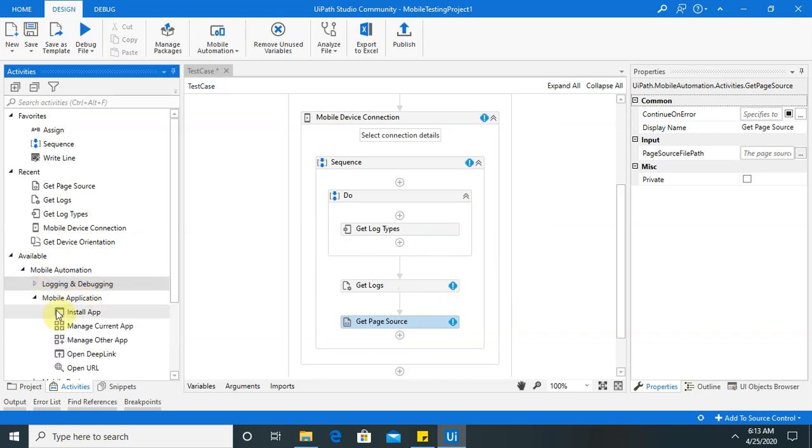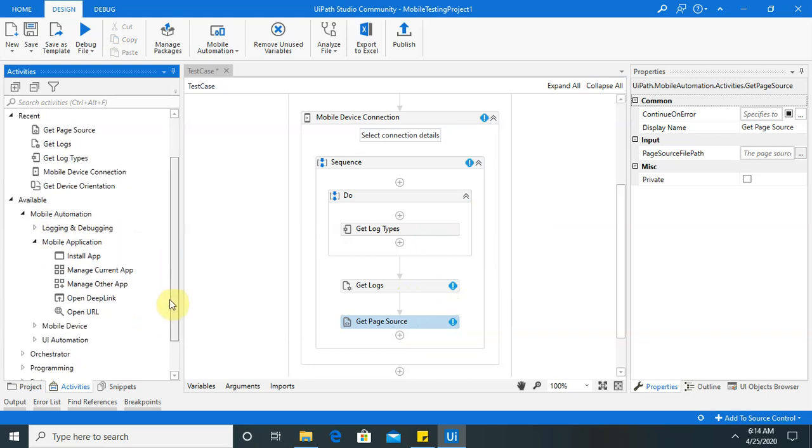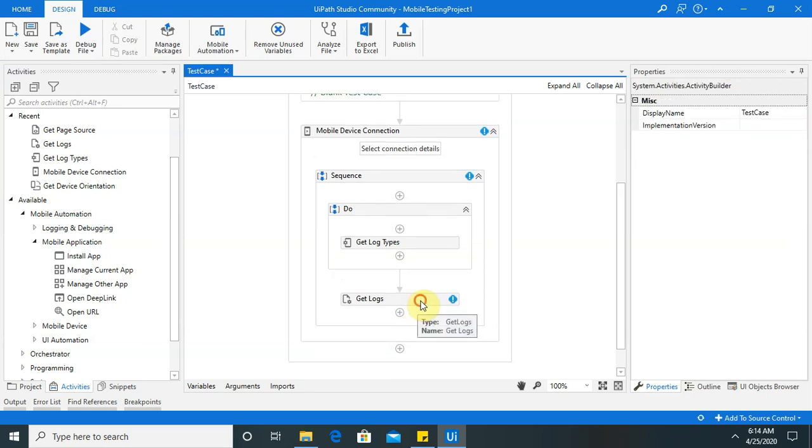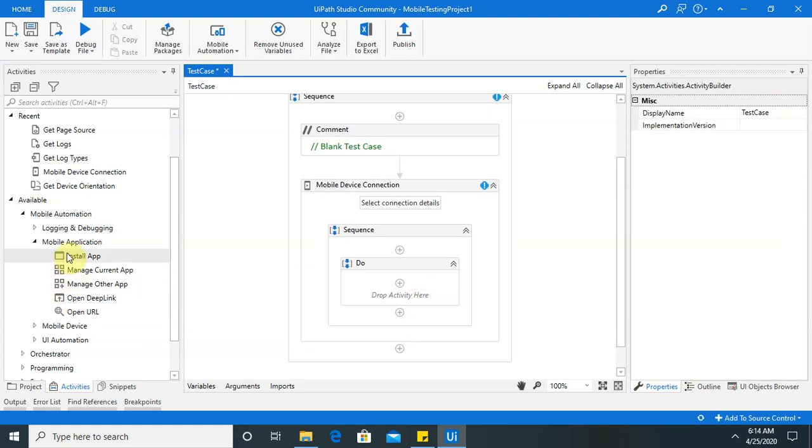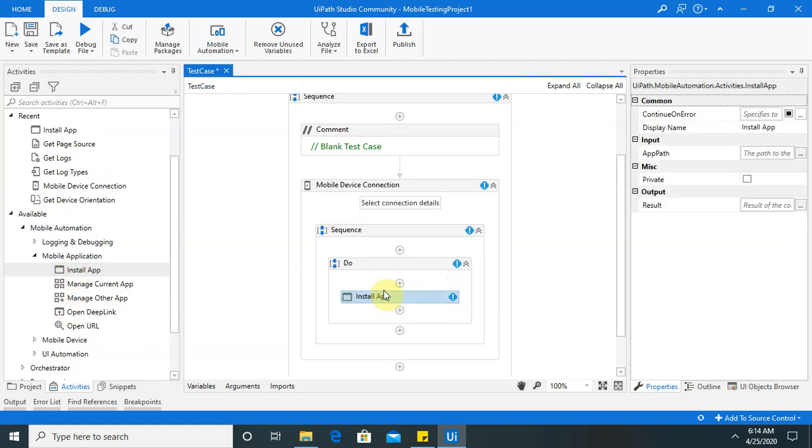Let's move to the mobile applications. If you want to install an application and check its performance, you can do that. So let me delete this. If you want to install that mobile application, you can also measure how much time it takes, and the features generated inside the log are available after installing the app.